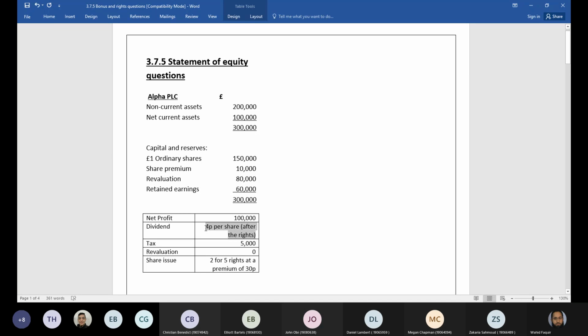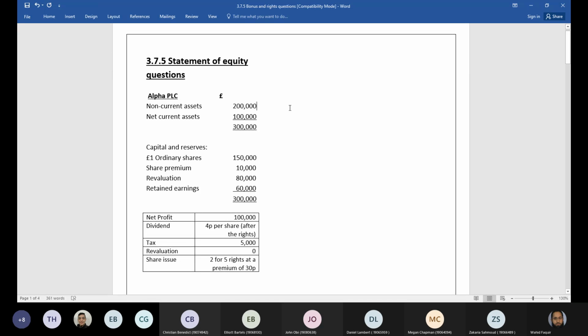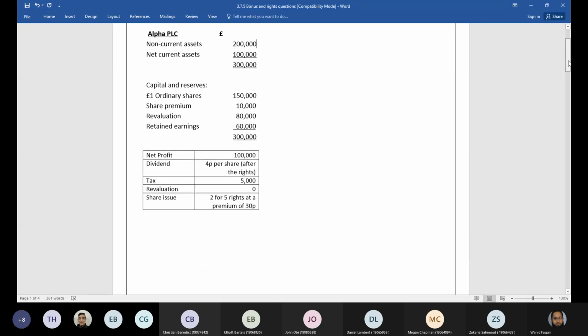We've got a dividend in this question, and unlike the other two questions, we've also got a net profit. We've got tax as well. So we've got quite a few different things going on here. Let's proceed to answer this. With this type of question, that's not going to do. First things first then,